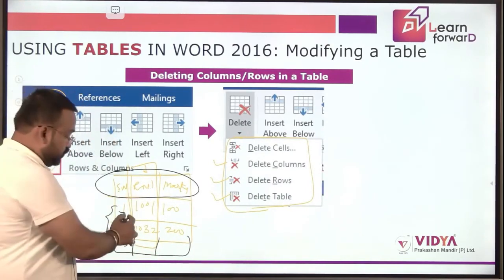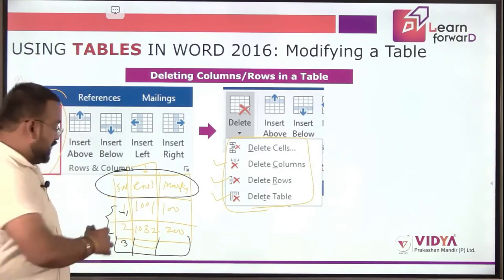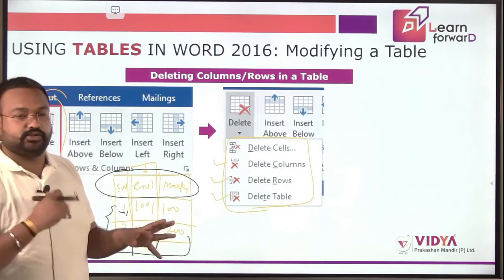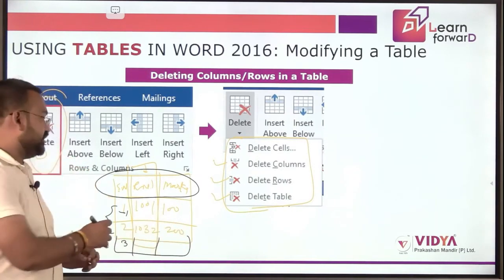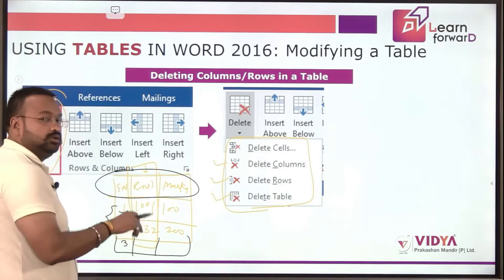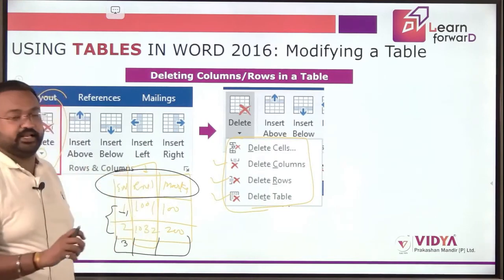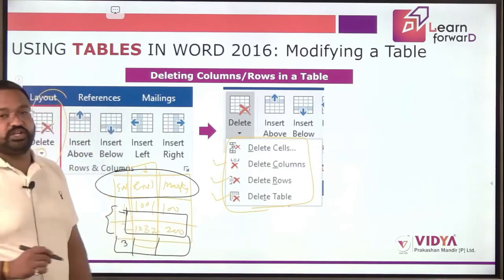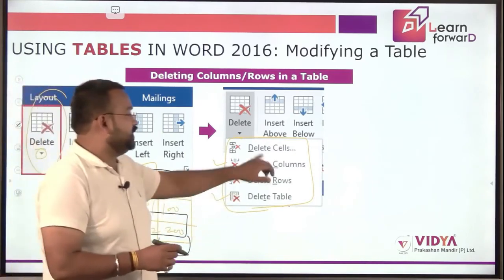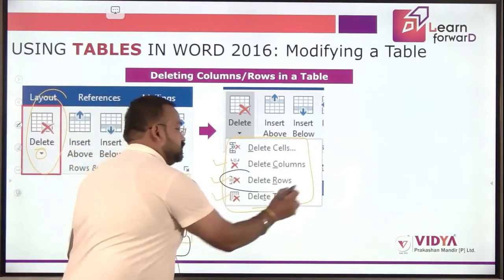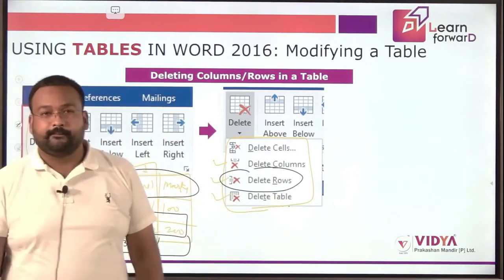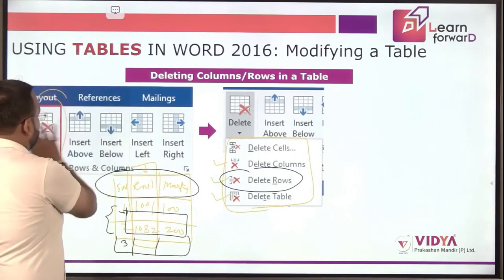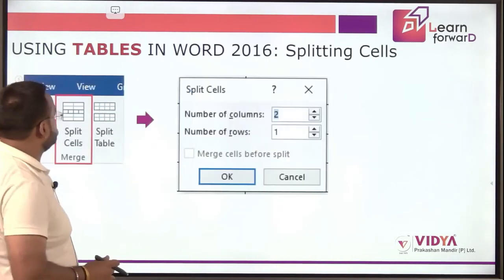What you have to do is place your cursor over here and then, by pressing shift and the downward keys or the right keys, select all these, or you can simply drag your mouse by pressing the left button and drag it over these two particular rows. So these two rows will be selected, and then you can delete the rows with the help of this option. Okay. So I hope this deleting is clear to everyone. So let's move to the next topic.